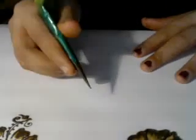So I'm going to quickly show how to do the first one that is from the fourth row. That's the first design onto your left hand side. So everybody must be knowing how to do the paisley, the basic paisley design. So quickly I'm going to show you how to do the fillings inside. So start with